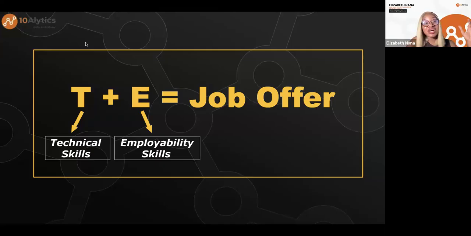But I'm sorry to tell you that your technical skills are not enough to get you a job. Now, you might be saying, Elizabeth, you're starting to contradict yourself. You said we don't need a certificate, but now you're telling us that the skills alone are not enough to get us a job. Just listen. Your technical skills will take up only 50%, because you could be the best data analyst and struggle to land jobs. So in order for you to land a job, you need to also have the E aspect of it,